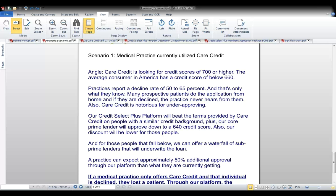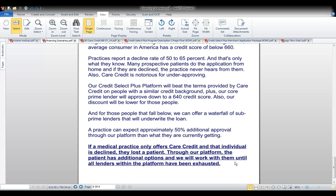Okay? So if a medical practice only offers Care Credit, and that individual is declined, they lost the patient. There's no other way, unless they're going to borrow money from a relative or whatever, which is always an option. Through our platform, we have a lot of different options for patients. So we can help those. We can make an offer. At the end of the day, if it's a subprime offer,